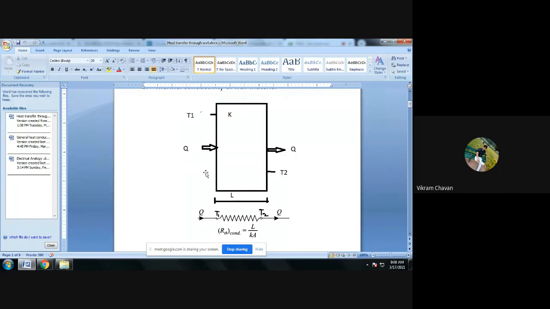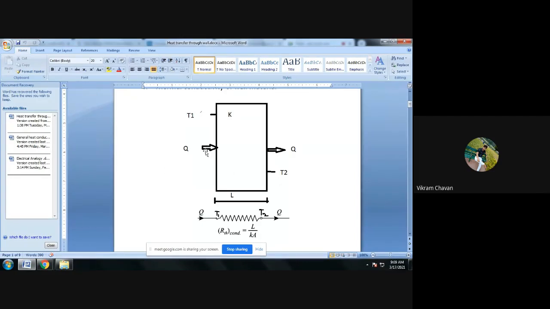We have considered that one surface of the wall is maintained at T1 degrees Celsius, whereas the other surface is maintained at T2 degrees Celsius. So here T1 is greater than T2. In the diagram we have shown it on the basis of a height from the base. Since T1 is greater than T2, heat will be transferred from the left hand surface to the right hand surface.